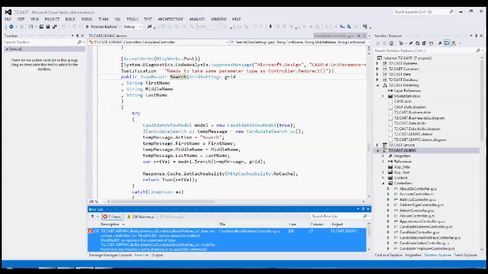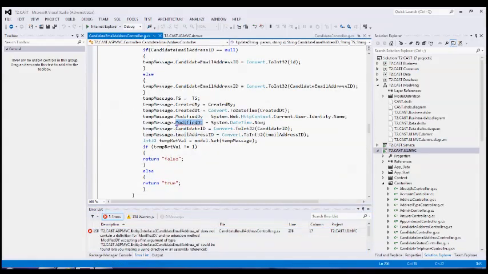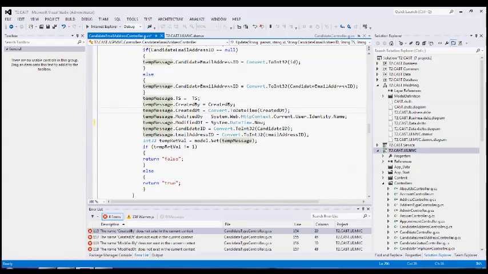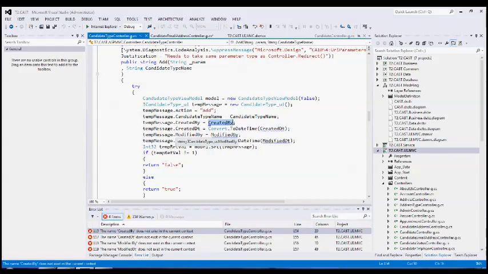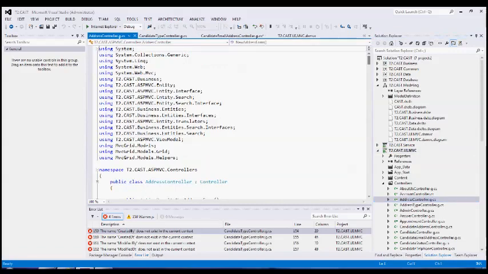Now we're going to be able to create some views, and these views, oops, got a little compile error here. Yeah, I got this spelled wrong actually. And I got a couple of others here that you need to correct, so you just double click on them. If you want to look at one of your other controllers, like the address controller, and scroll down,